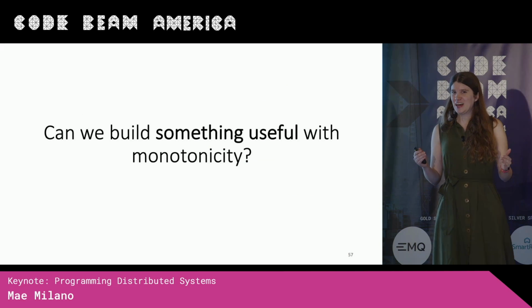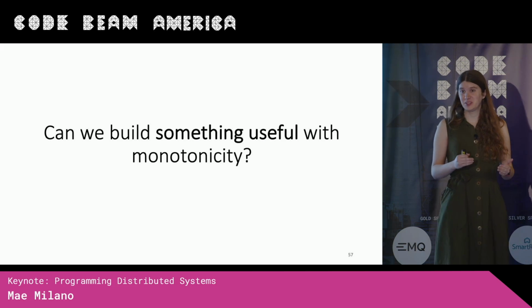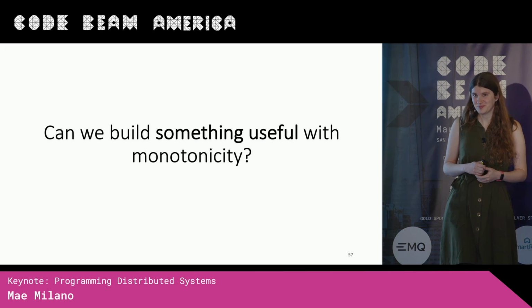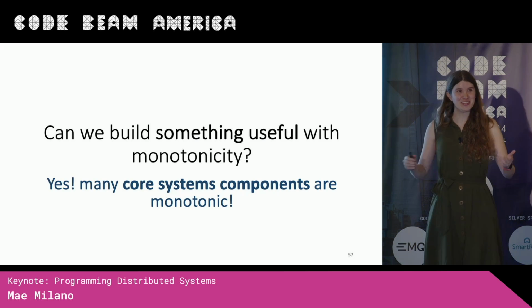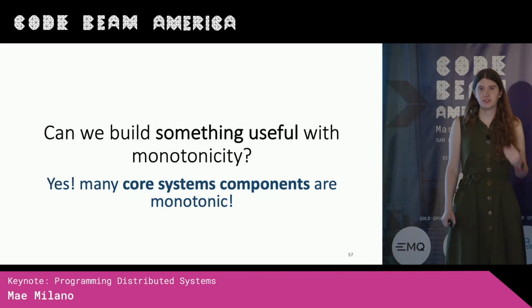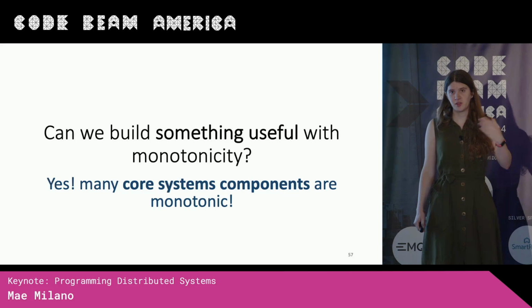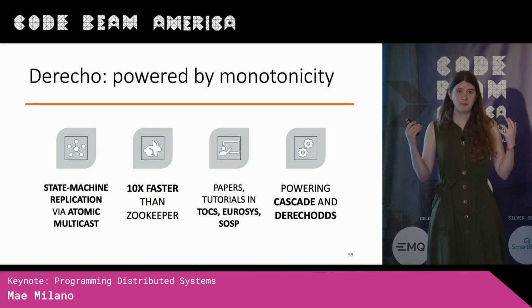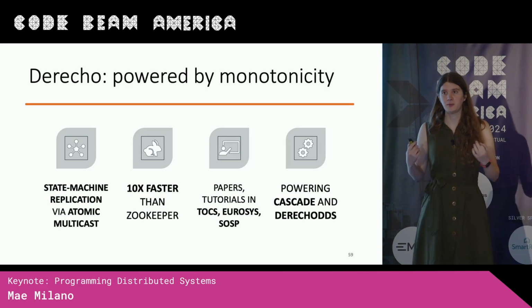Okay, how much can I actually get away with just incrementing things and building out a distributed system? A lot, it turns out. Surprisingly, many core system components are fundamentally monotonic. And rather than just assert this, we showed this by building out a distributed system powered by monotonicity at its